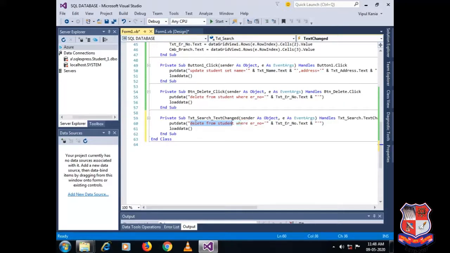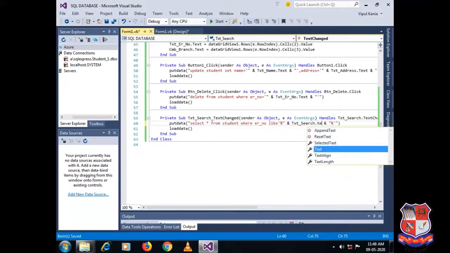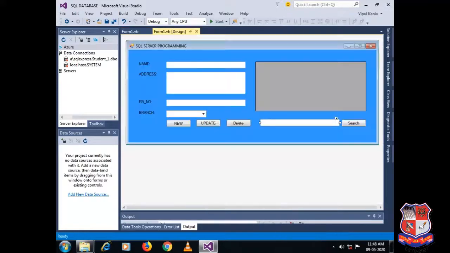So I have to write select star from student where enrollment number like percentage and percentage. So it will look for the data available in enrollment number. Instead of enrollment number, over here I have to write txtSearch.Text. So depending upon the value entered in this text box, it will find the enrollment number.